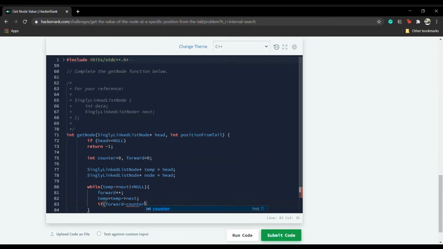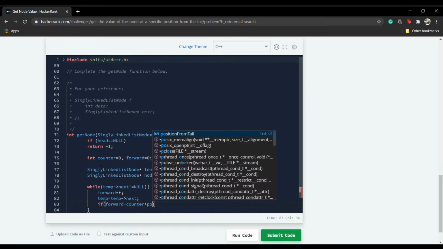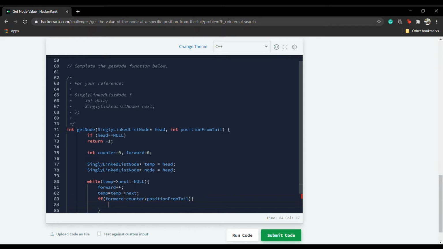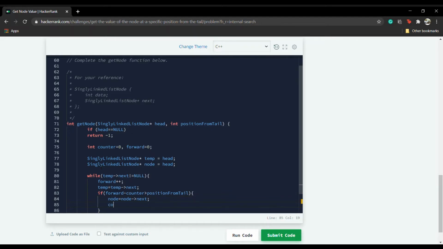Forward minus counter is greater than position from tail, then node will be moving one step forward, and the counter for node is named as counter itself.